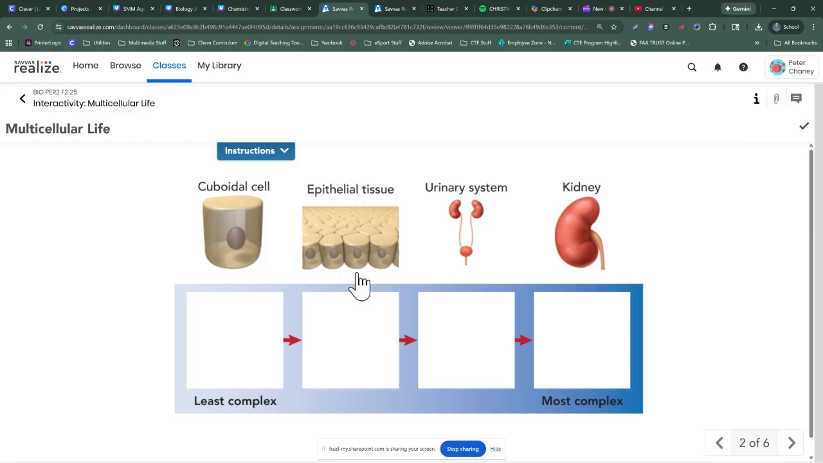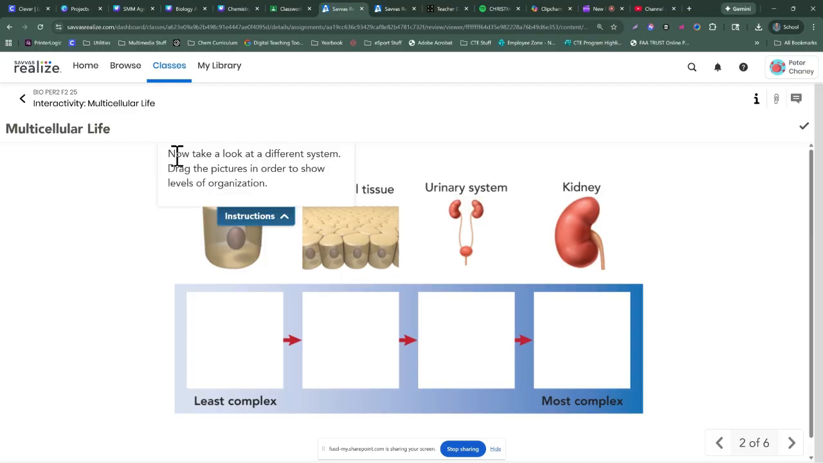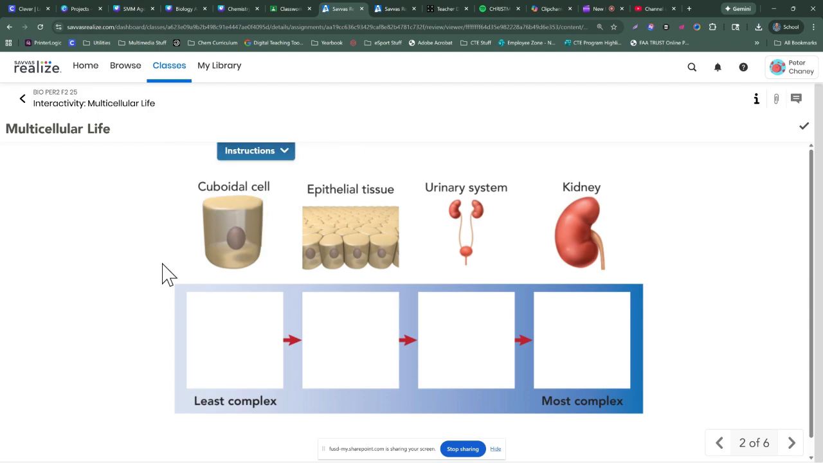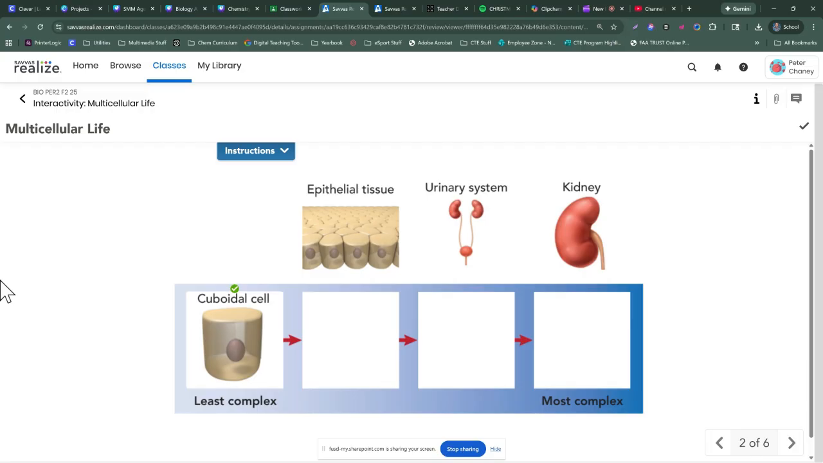Slide 2, instructions. Take a look at a different system. Drag the pictures in order to show levels of organization. Just like any other online textbook assignment, make sure that you are doing the exercises because it is a self-graded thing. All right, so here it looks like we are in the waste system, so we got to figure out which one is a cell versus a tissue versus an organ versus a system. So first one's pretty easy, least complex is a cell, and then you're going to put the other ones in order for yourselves. I'm not going to give you the answer because it's pretty obvious,